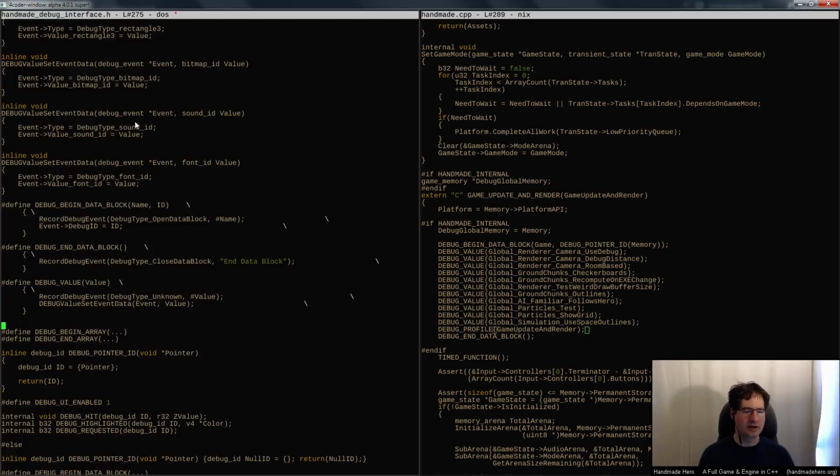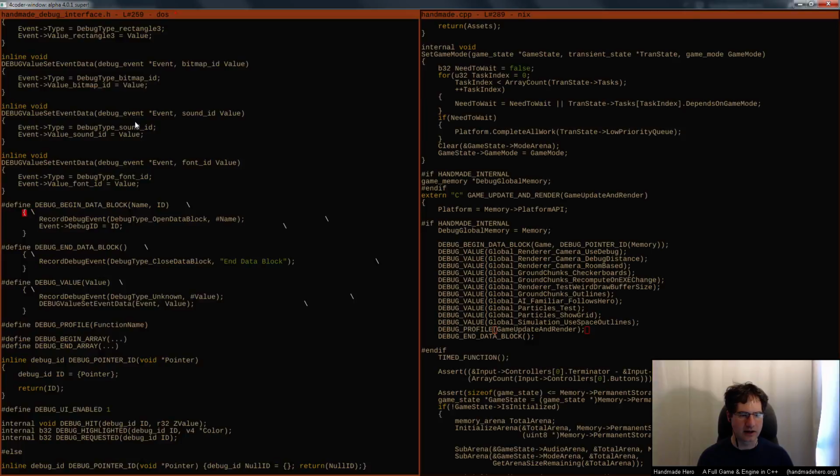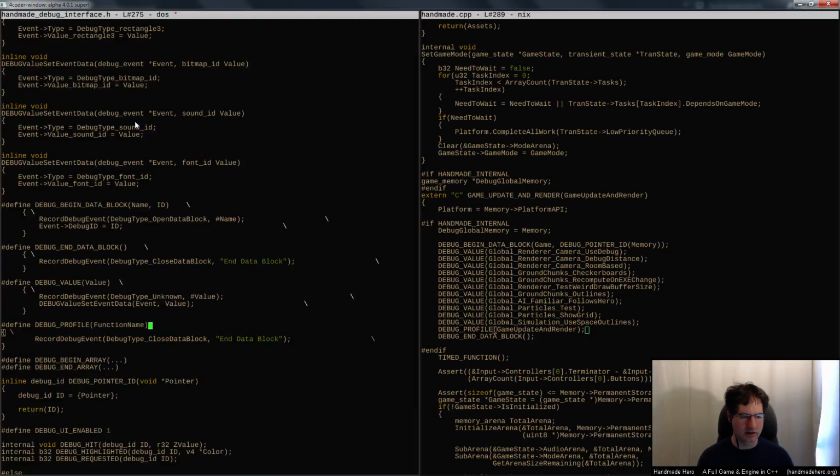So all I want to do is have a pound define here for debug profile. I want to have the function name that we're trying to start at, so where we are on the profiling. And all that's going to do is this exact thing. It's literally just going to record this in here. Although, since it's already got an actual name here, I suppose I can just say the function that you're trying to profile is this function, right? Now,